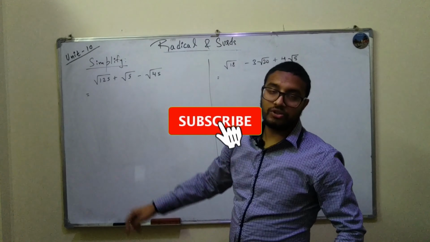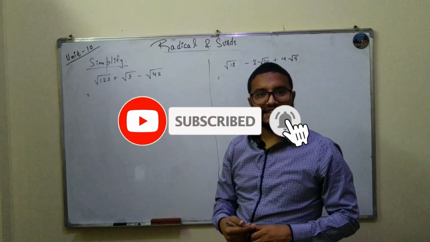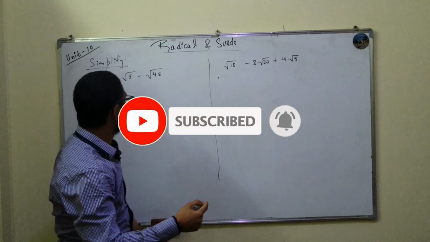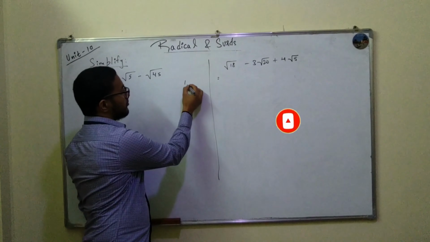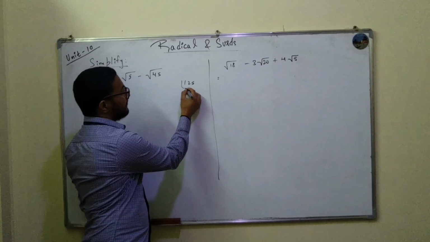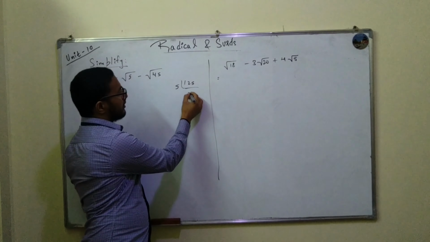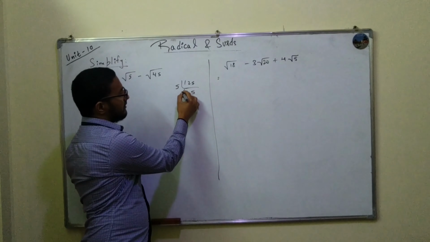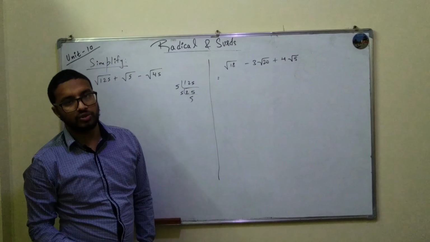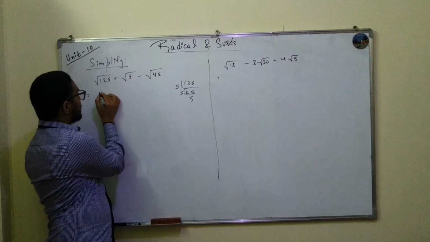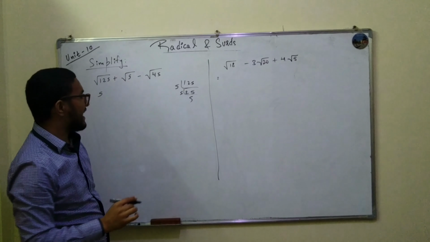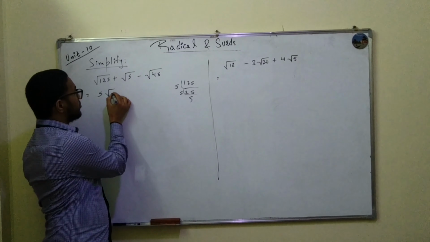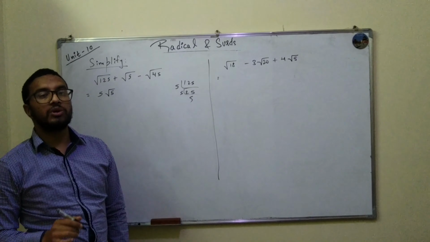Basically, what will be the LCM of 125? It will basically be 5 2 5, right? And then 5 5s. So your coefficient will be 5, and then you'll have an order of 2, and then your radicand will be 5,